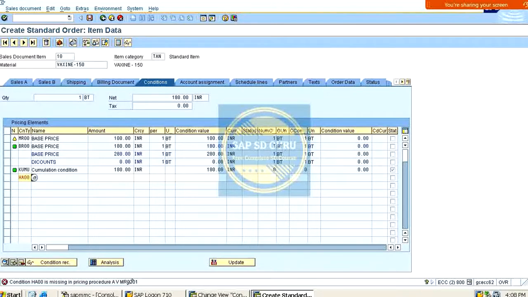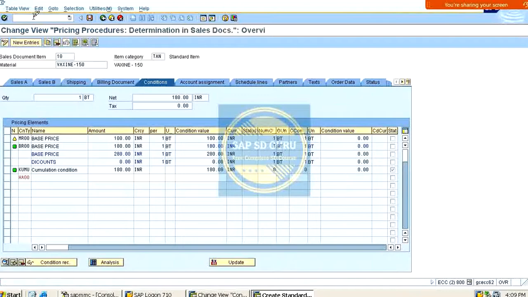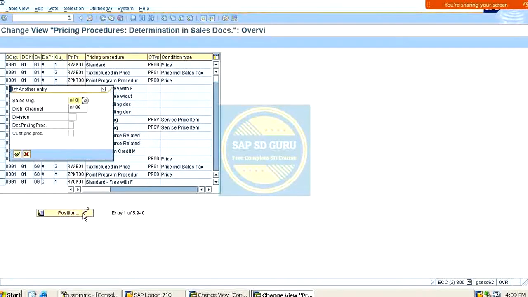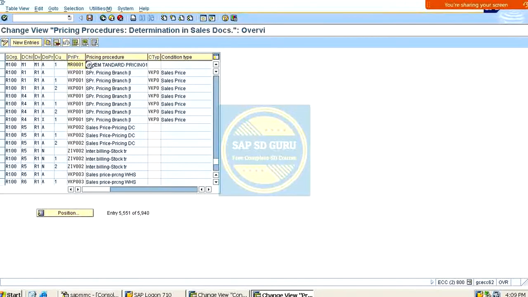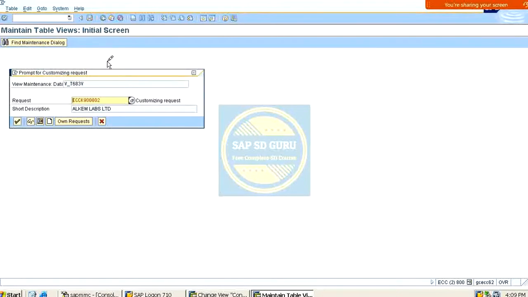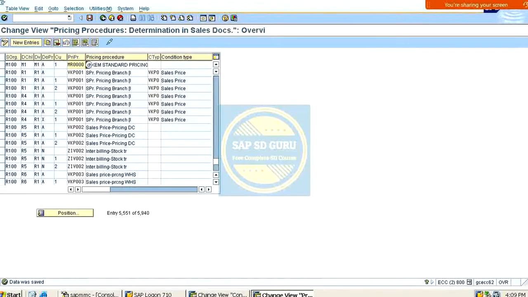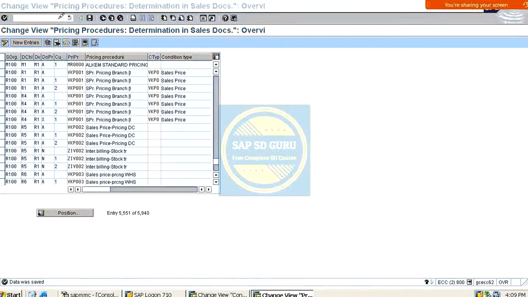If we change our pricing procedure in OVKK for our sales organization, actually this pricing procedure we have already placed. So if we create a new sales order here,